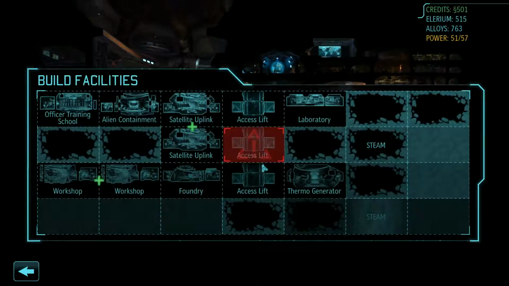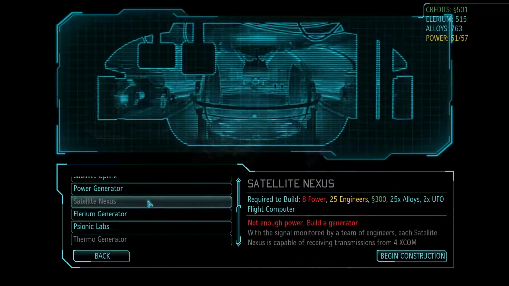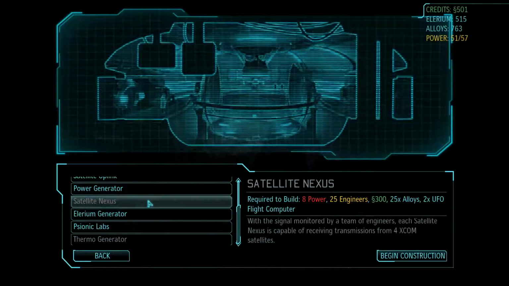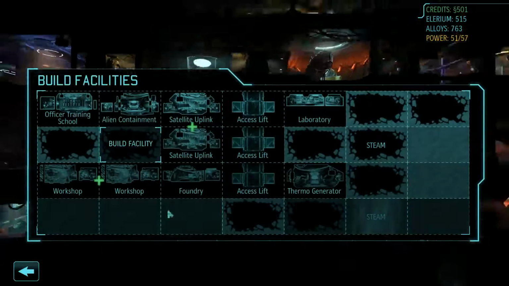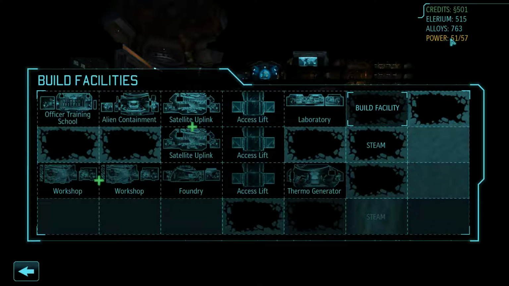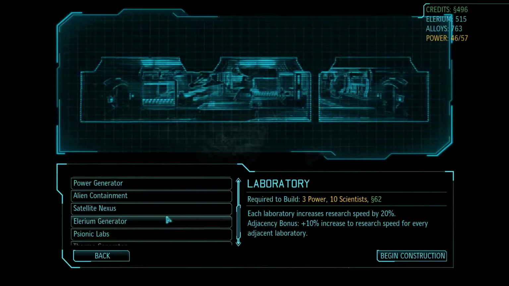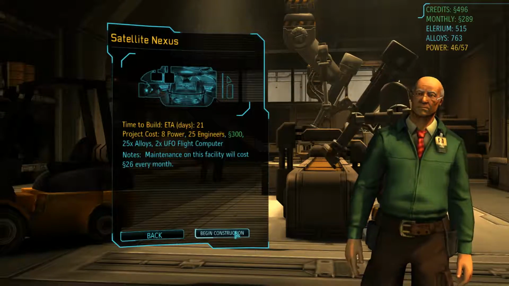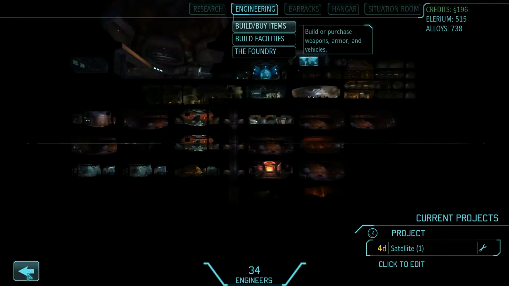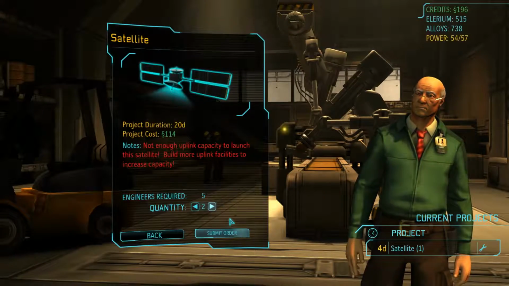So we need to get more satellites, and I just want to go straight to a satellite nexus, even though that is quite pricey. That'll give me 5 unlocked, I think, with the bonus. Unfortunately, I don't have the power. Now, I don't really need alien containment at the moment because we've interrogated all of the aliens I've encountered. And I want to move this anyway, but getting rid of it now would at least open up the power I need for this. So I'll do that, and we'll just dump a satellite nexus in there. It's going to take 21 days, but we can go ahead and have some satellites ready to go. We'll build 2,